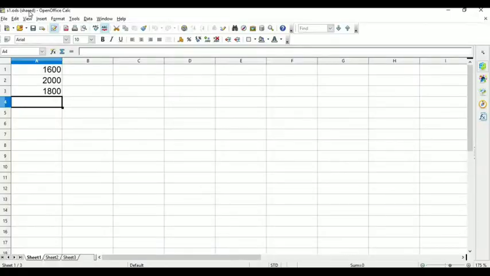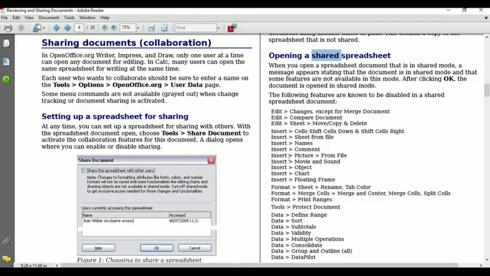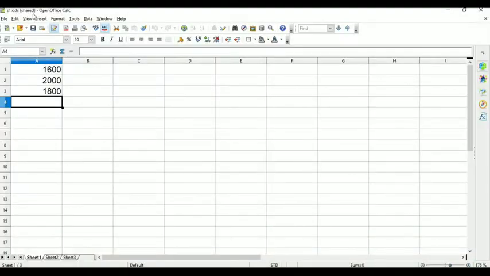Now this time it is in shared mode, and go to Insert and there is a Picture option. In Picture, From File, this is disabled. It is written here. Now you can verify it. Picture, there it is. See this: Insert, Picture, and then From File, this option is disabled. So you can understand all these options are disabled once your file is in shared mode.